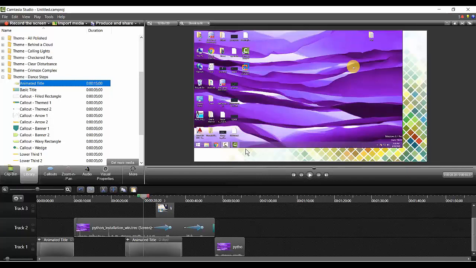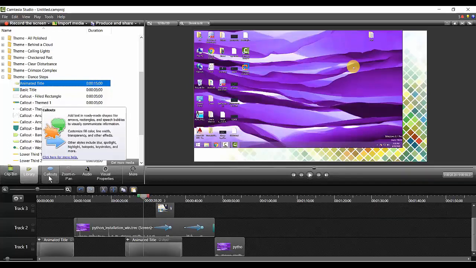Yes, Shirisha. Camtasia is different from Camtasia Studio, which you are showing, sir. Same thing. Camtasia Studio and Camtasia, both of them are the same. Then I am unable to find the callouts on my screen. Can you see my screen right now? After clip bin and library, after that callouts will be there.